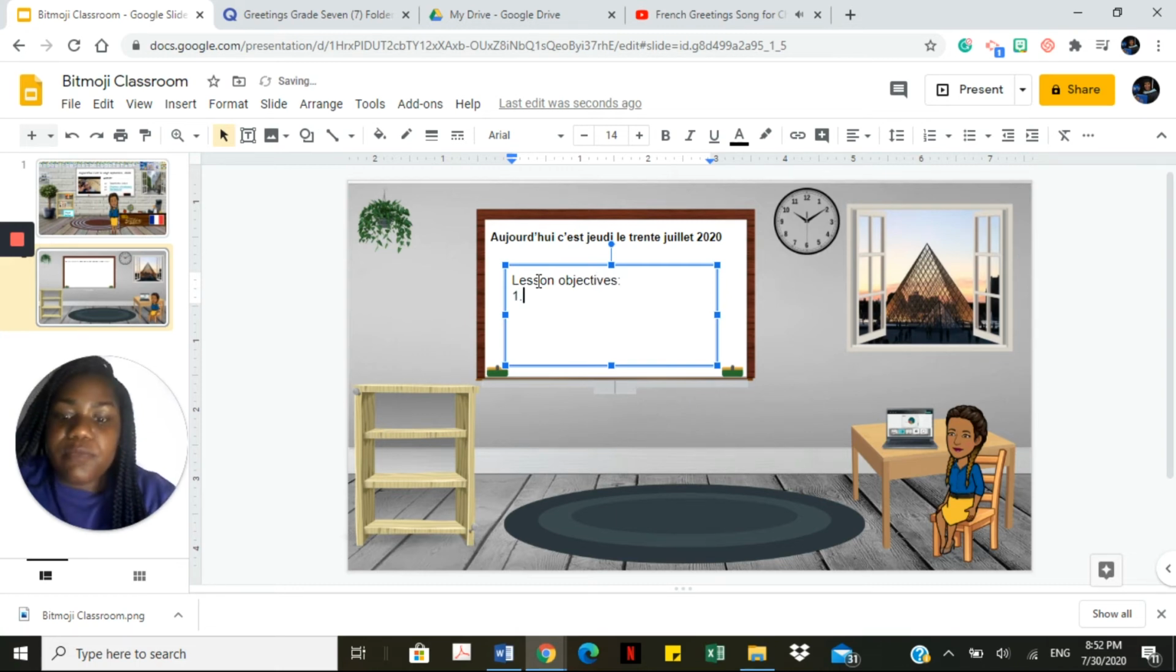Okay, so our objective number 1 is going to be to learn the greetings in French. And then we're going to be able to express how to greet